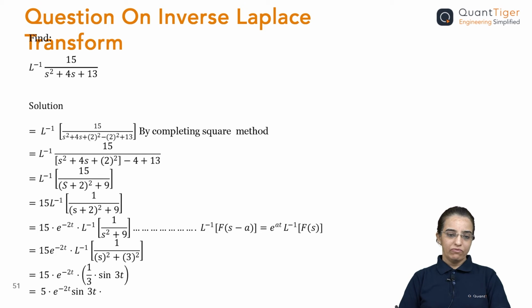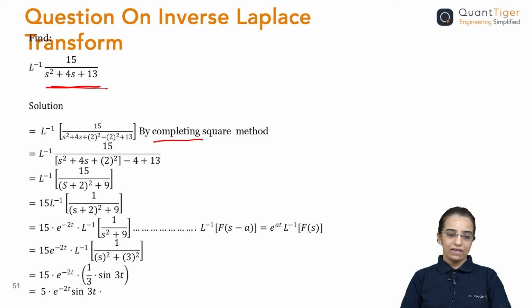Let's find here the inverse Laplace of 15 upon s square plus 4s plus 13. So we have to apply the inverse Laplace to the whole function, it is applicable. Here I have used the completing square method. If you look at the denominator, it's a quadratic equation